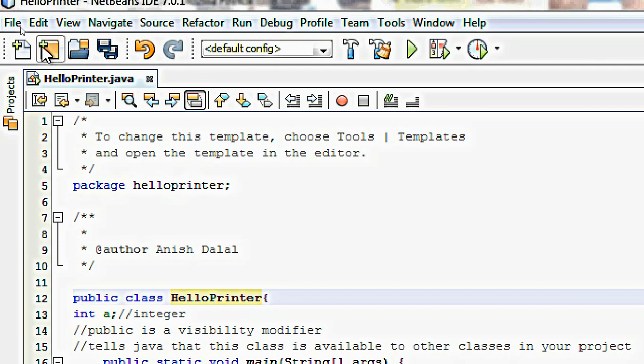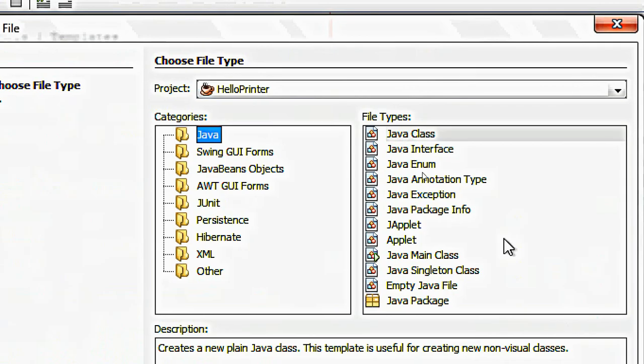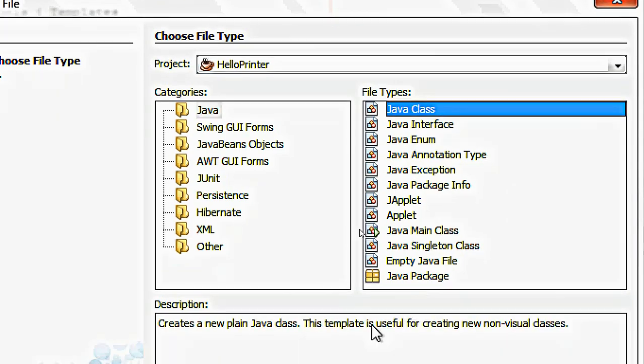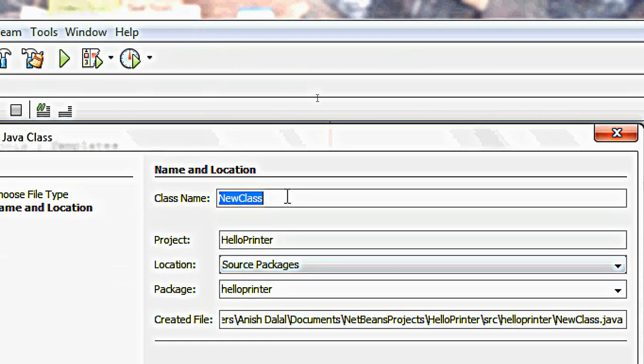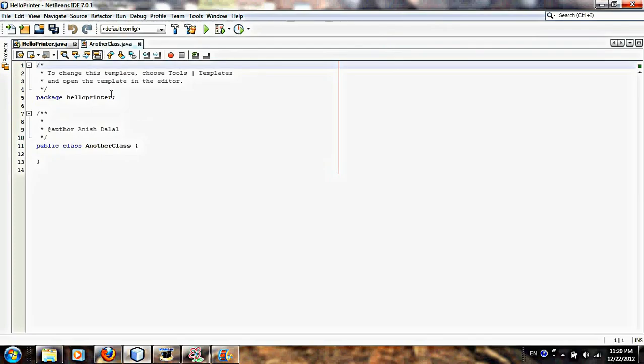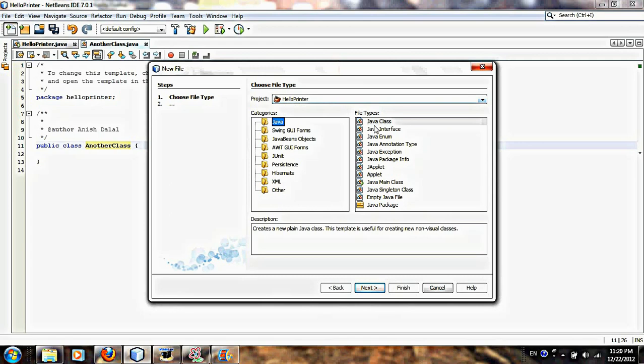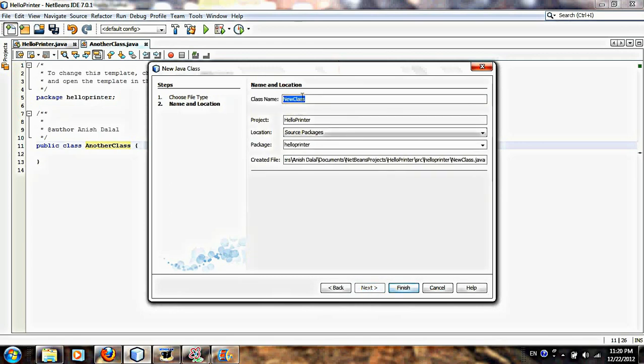Now when you make a new class, when you go up here, click on the white box, click Java class, go to next, and name it. I'm going to call it another class. In this another class, you see here that whatever I gave as the name, it's over here. I can't change it and give it my own name. And why can't I do that? Because once I clicked on this white button, said make a new class, and then gave it a name,